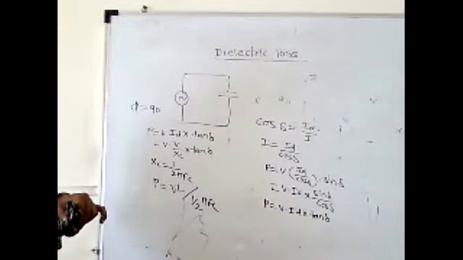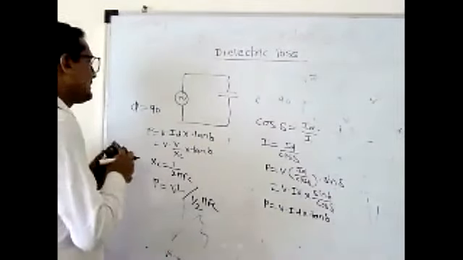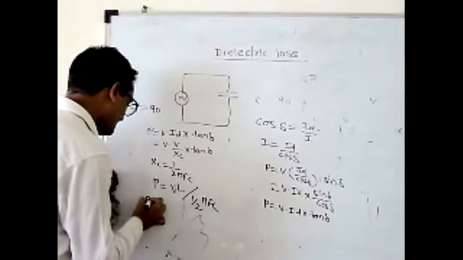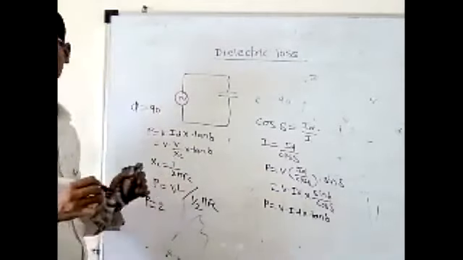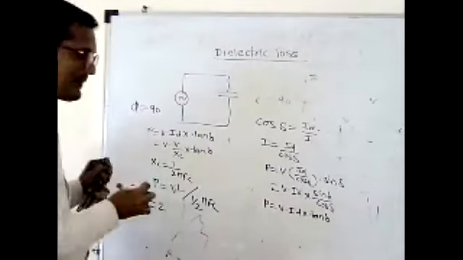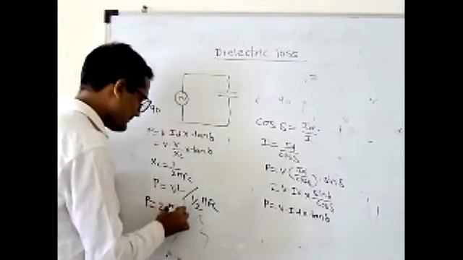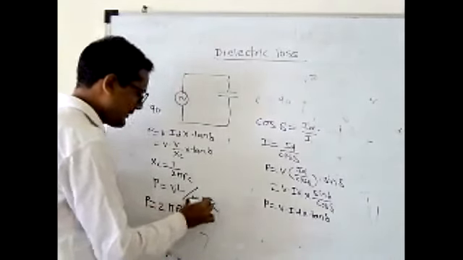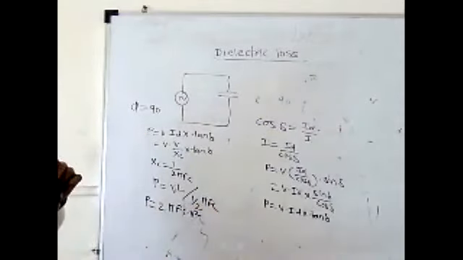If we rearrange this equation, we will get the final equation P equals 2 pi FC into V square, into